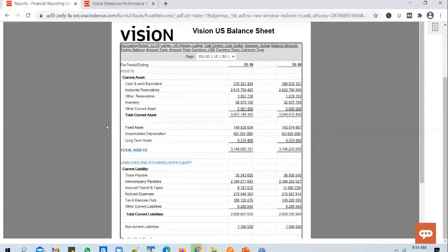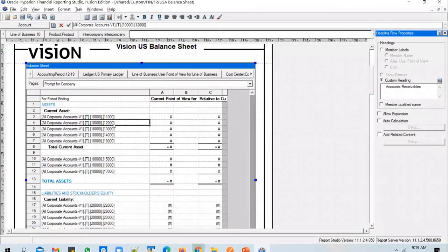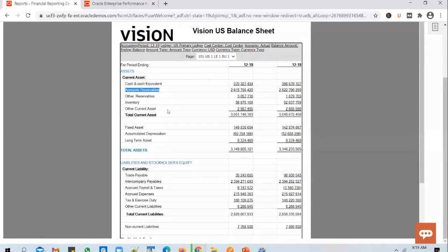Say, for example, for accounts receivable, the topmost account is 12,000. So it has used the account number in the report definition. But if you print 12,000 here, it doesn't make sense, right? If you are a veteran in financials, you might know that 12,000 is an accounts receivable account. But otherwise, you would not know what 12,000 means.